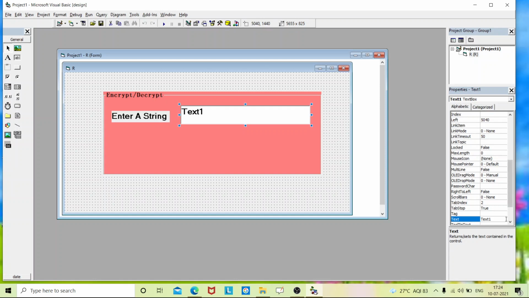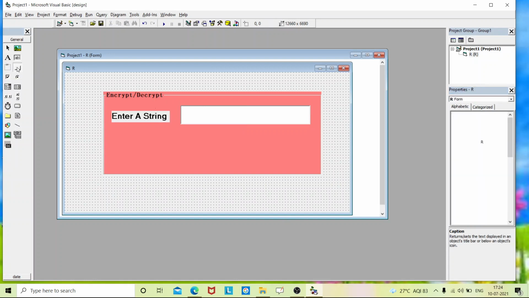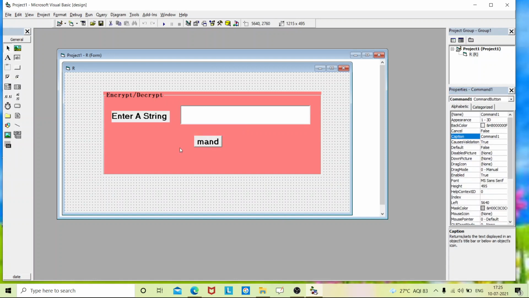I'll erase the content and place command buttons. I'm not going to change the name of these controls, I'm going to change only the captions.